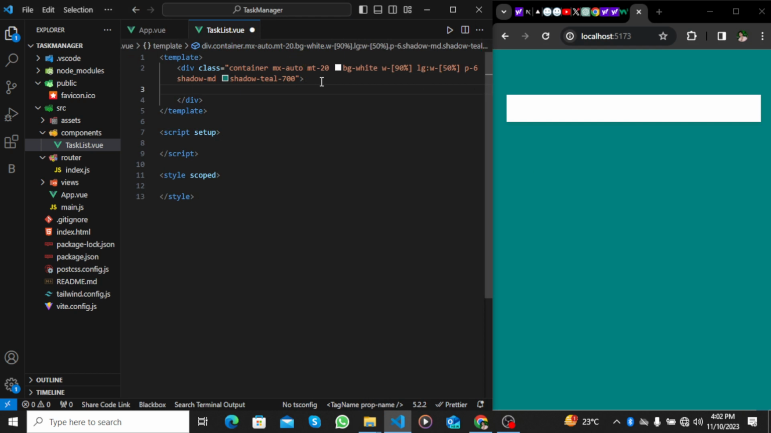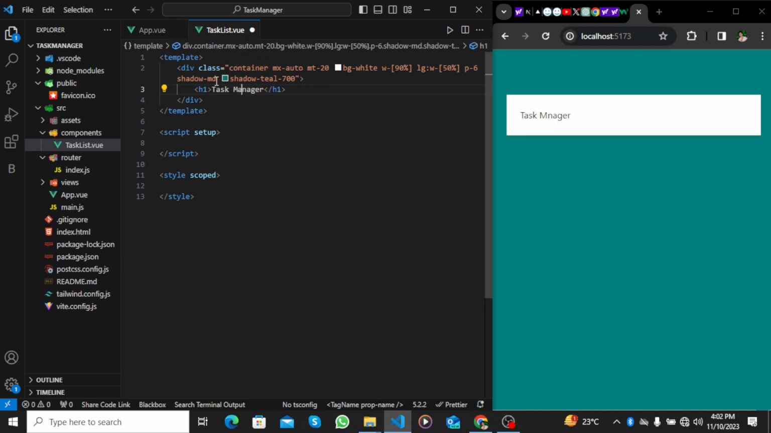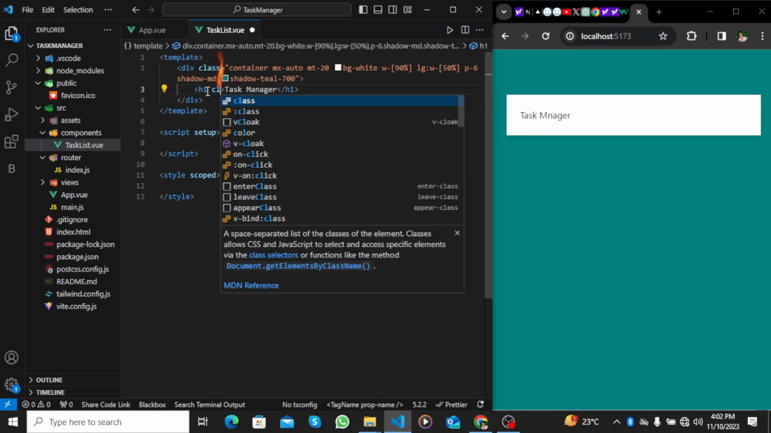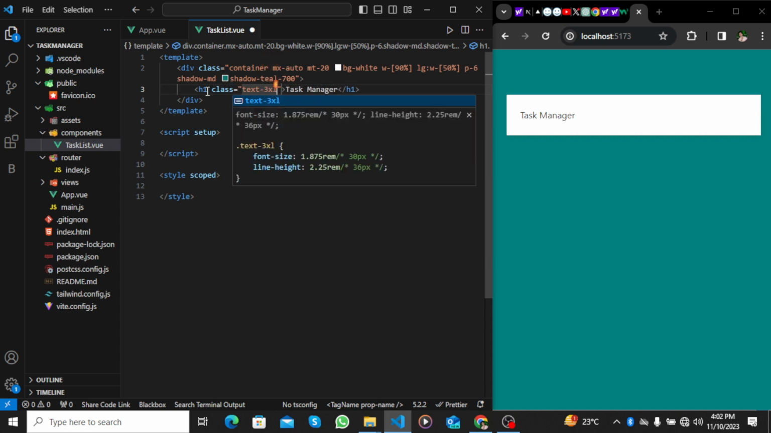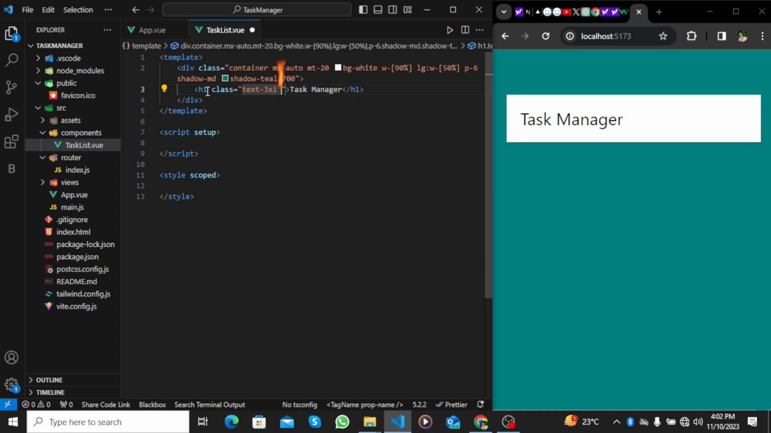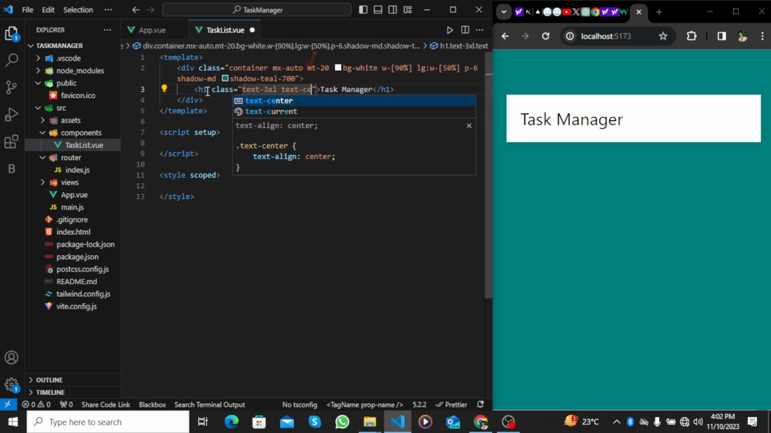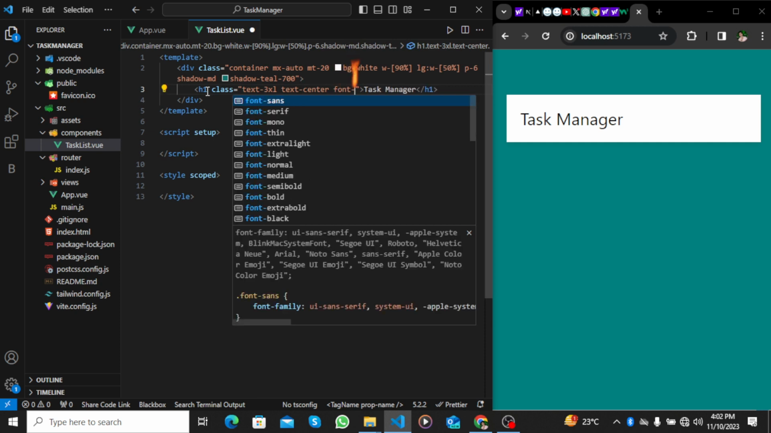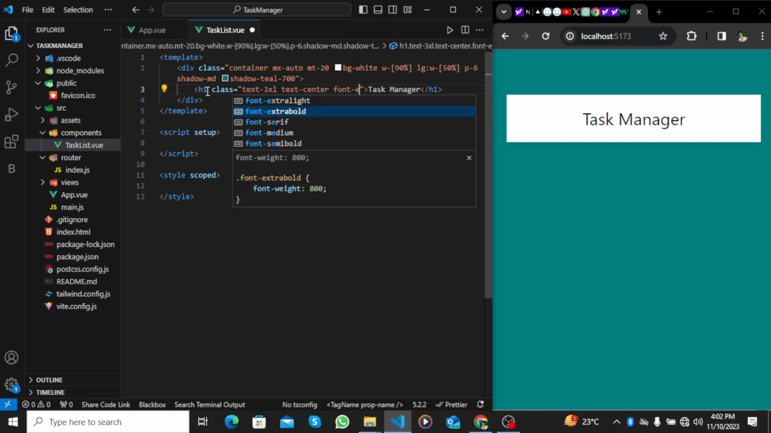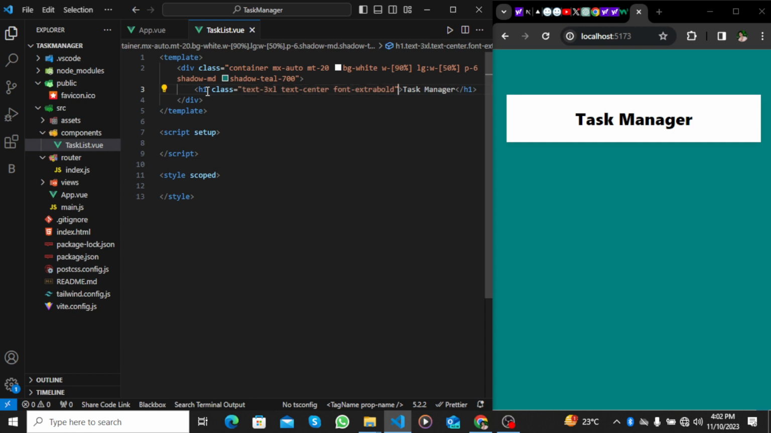Here one thing I need, an h1 tag, Task Manager, with class text-3xl, text-center, font-extrabold. Yes,